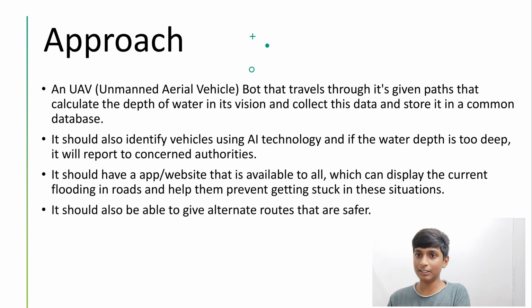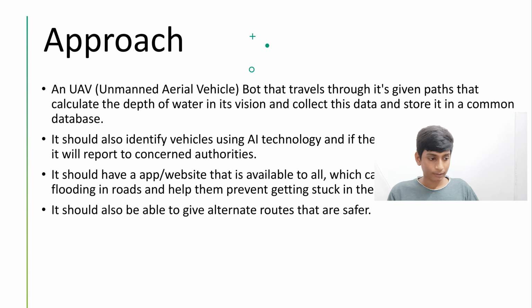That means any normal person can view this data using an app or a website, or maybe even the government can use this. This way everyone can actually have access to this data. And also we have to make sure that this drone can recognize vehicles that are stuck by seeing how dangerous the particular road is, by also using the water level calculator. And you can also add more AI based technologies to it, as it can become a very good surveillance bot.